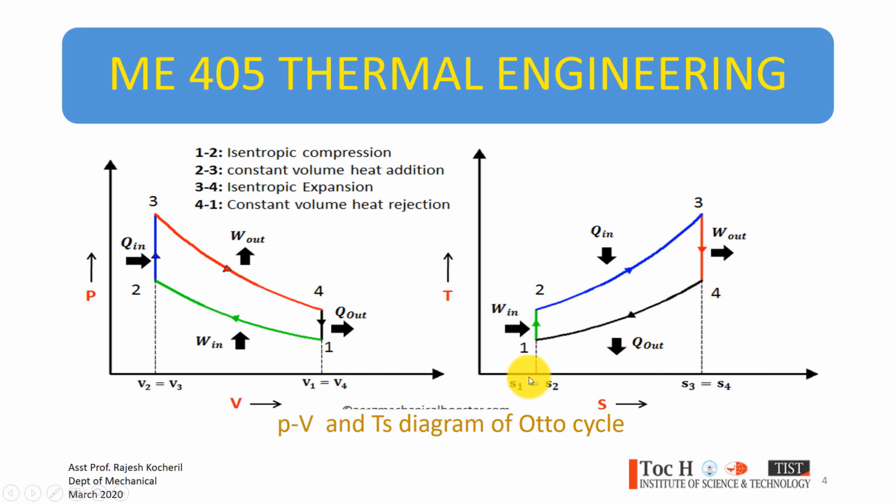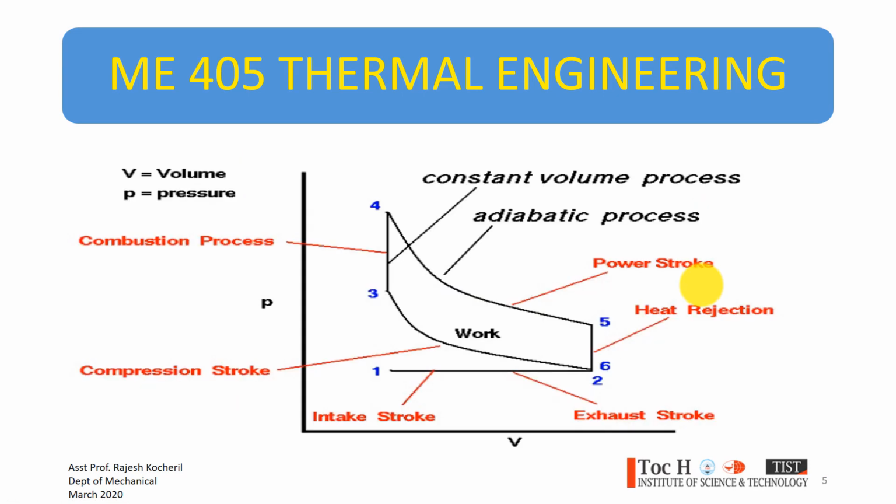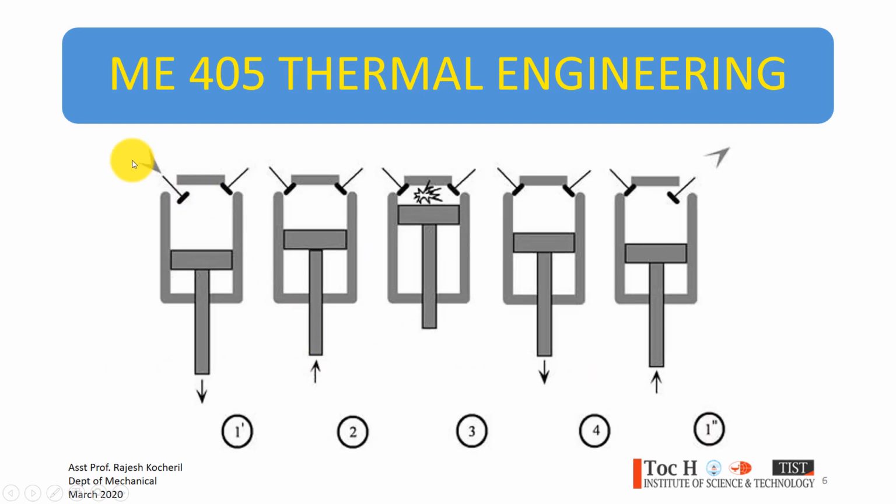Therefore, we can say that the entropy at point 1 and the entropy at point 2 are the same, and the entropy at point 3 is the same as the entropy at point 4. Then the same process for easy understanding: 1 to 2 is inlet, 2 to 3 is compression stroke, 3 to 4 is combustion, 4 to 5 is expansion or power, and 5 to 6 is heat rejection. Now, as I said, in process 1, the inlet valve is open, air from